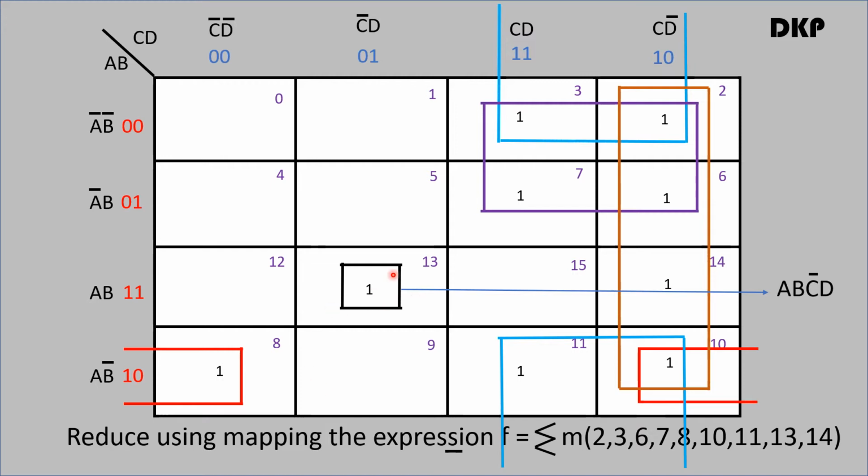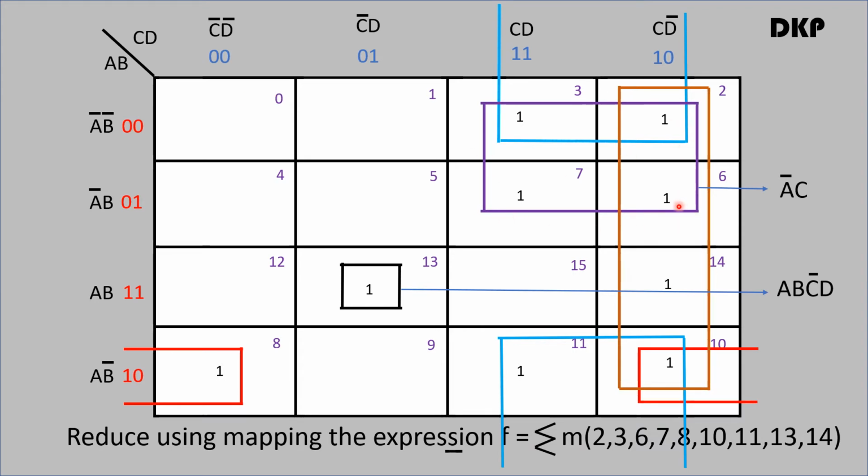So this group, the first group, is called A, B, C bar, D. This belongs to the third row. The third row is called by A, B, and the second column by C bar, D. Therefore, this particular group is called A, B, C bar, D. This group is called A bar, C. Here,